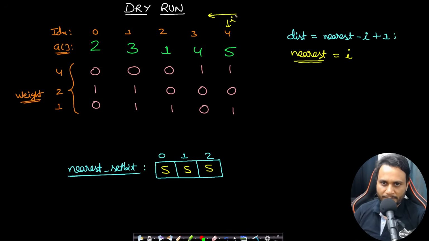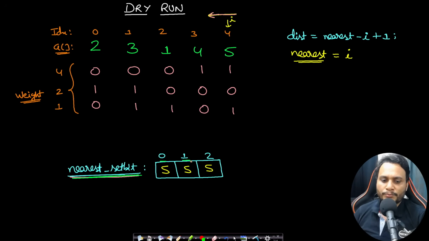Now I will be traversing from right to left, and I will be taking a nearest set bit array. The array size will depend on the number of set bits, for which I will be using the log function: 1 plus log of the given number to find the number of set bits. Given number means maximum element. So the max element is 5, and so the number of significant bits is only 3, and that is why I have taken a 3-bit representation. So the nearest set bit array will be of size number of significant bits,